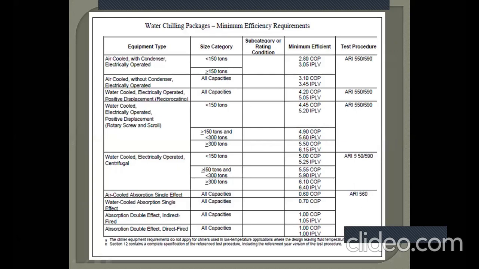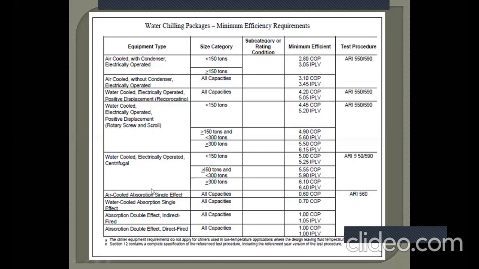Then the comparison of the various compressors, as you can see, by equipment type. Positive displacement compressors are at the top, with quite high COPs of 2.8 to 3.4, clear? Screw and scroll compressors also give a little higher COP than the reciprocating compressor. For the centrifugal compressor, you can observe that with more than 150 tons or more than 300 tons of capacity, the COP goes beyond 6. For 300 or more tons you will get a COP of 6.1, which is quite high.